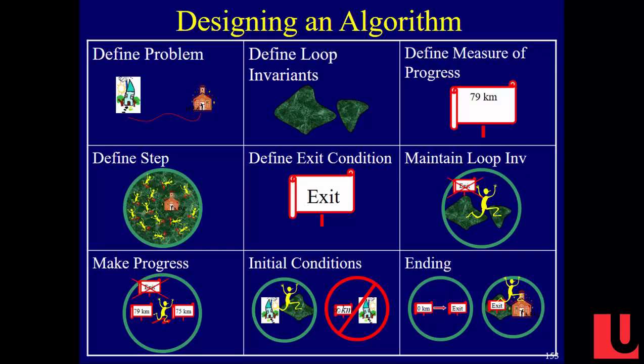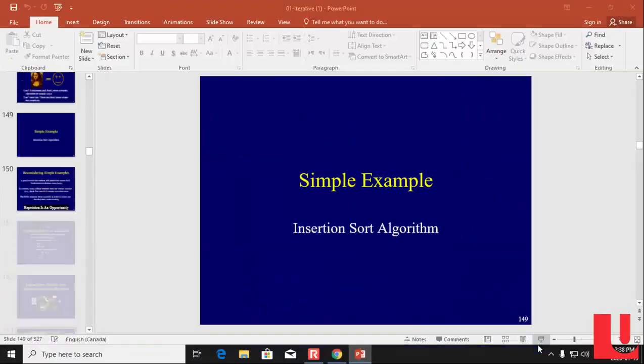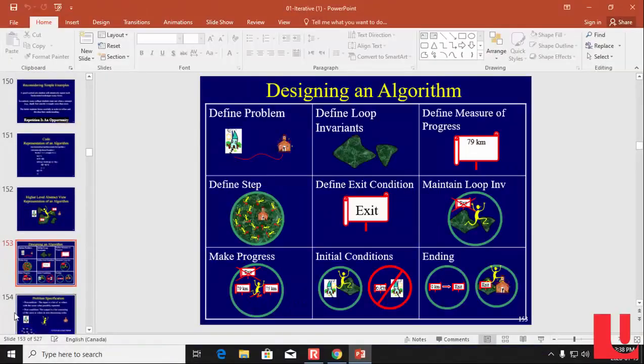And then there's when do you stop? Proving that you maintain the loop invariant. Proving that you make progress. Proving that you can establish the loop invariant. Proving that you don't have infinite measure of progress at the beginning. Measure of progress goes to 0, you'll exit. Getting the postcondition. Everybody got those? So let's jump out of these and go